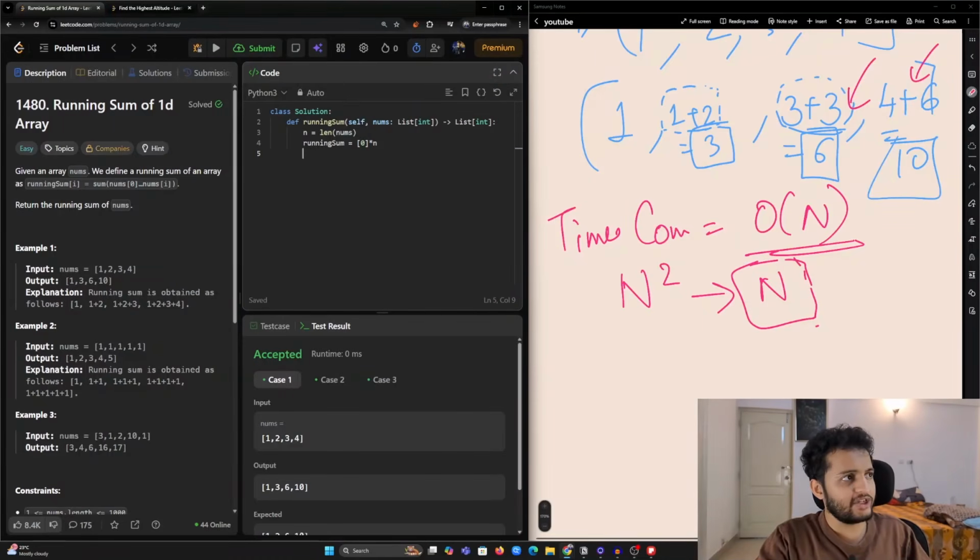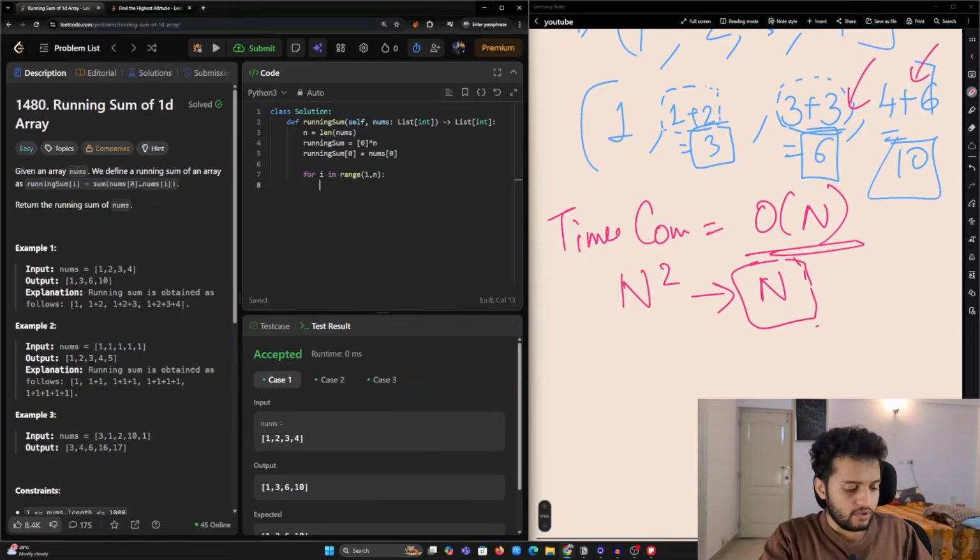So let's initialize the first running sum with 0. And we can also say that the first element of my running sum will always be equal to the first element of my given array, because there are no elements behind it. Now I want to iterate from 1 to the end of the array.